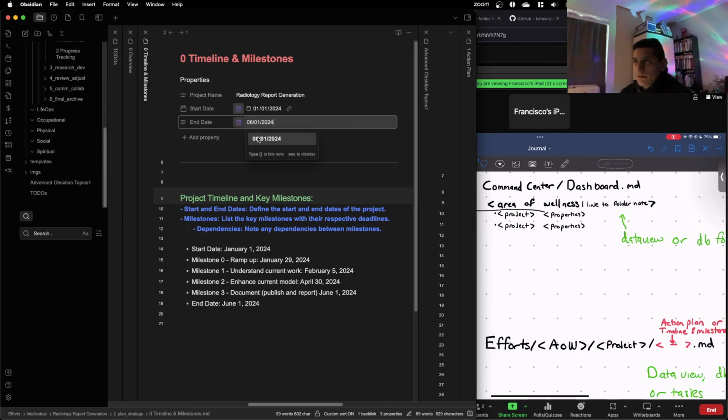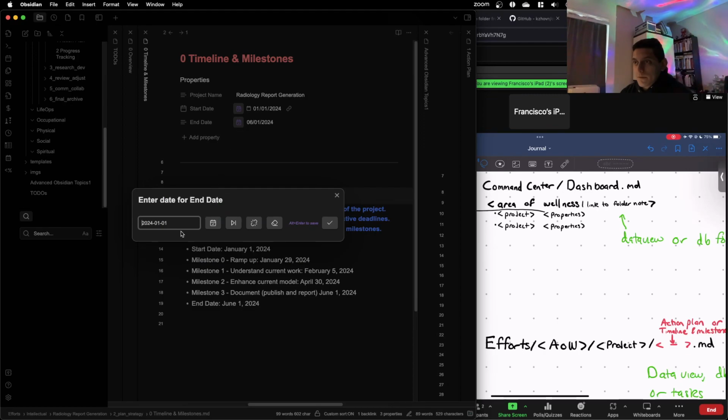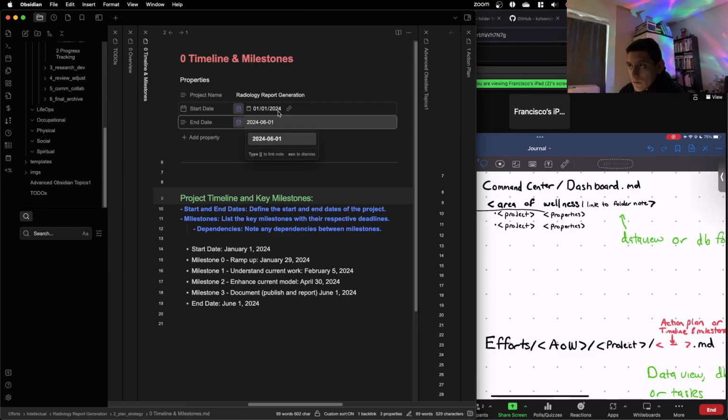Is this not working? What is up with this?